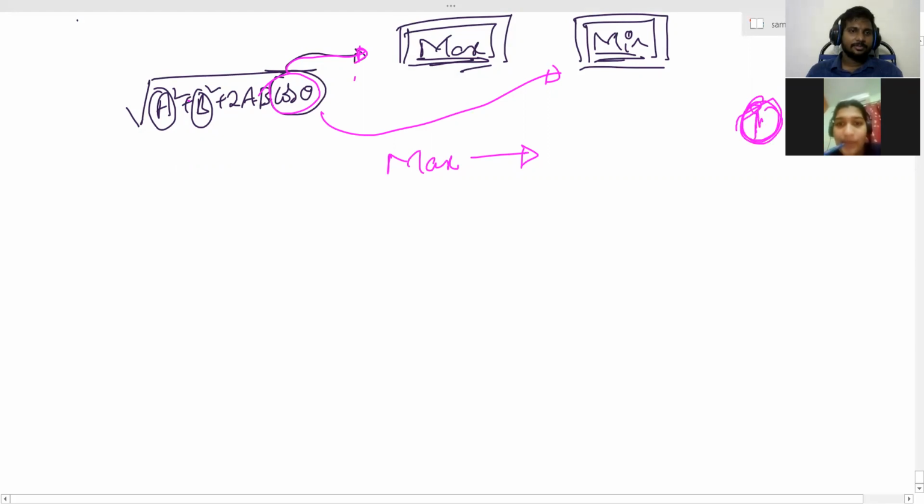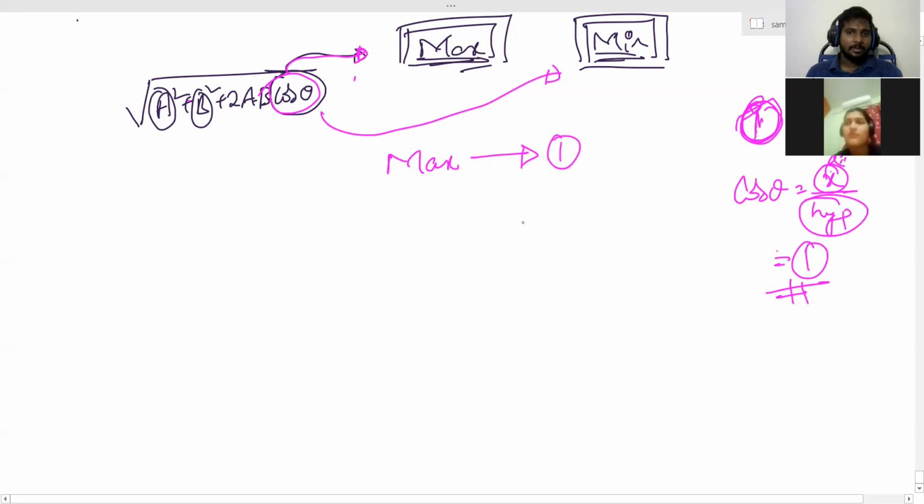Why? You carefully observe. It's a right angle triangle, right? What is cos theta? Adjacent side, or otherwise base by hypotenuse. So this is x by hypotenuse. So can x be greater than hypotenuse? No, sir. Maximum, what will happen if theta is 0, hypotenuse will be equal to x. That means cos theta maximum value is 1. It cannot be greater than 1.